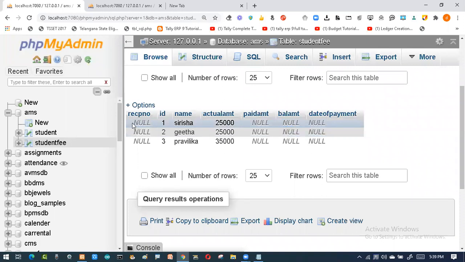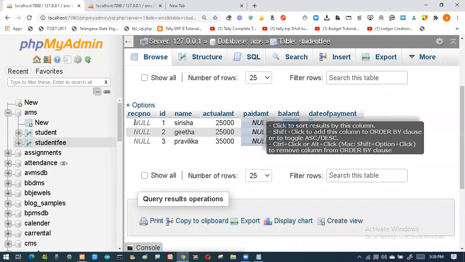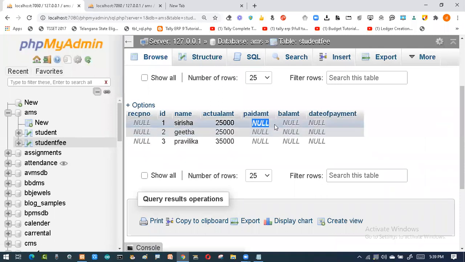So I want to enter this receipt number and I want to go with the paid amount and this person. So this is an individual. Or suppose, if we don't have a receipt number, I want to go directly with a payment, how much he paid, and calculate the balance amount, I can do it. So now I want to go with the name, receipt number, and the amount he paid.